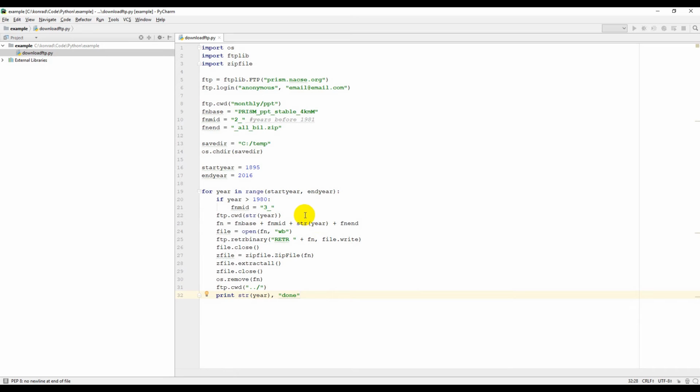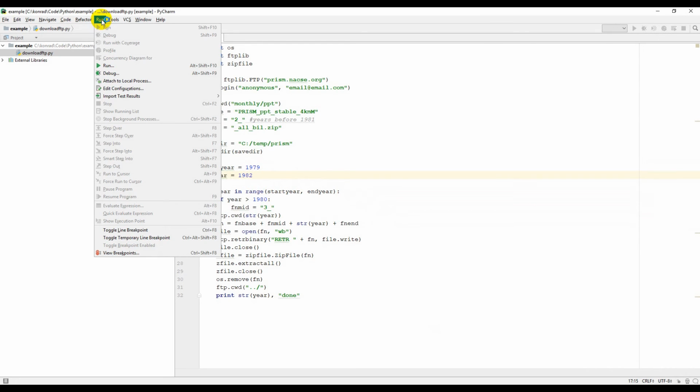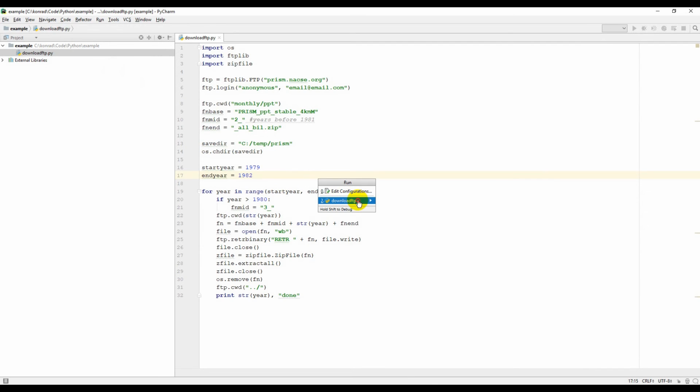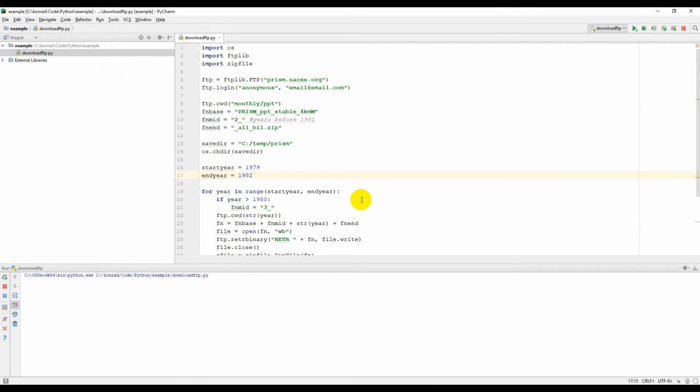Alright, I think we're ready to give this a test run. I'm actually going to change this to Prism. So temp Prism. And just to test this out, let's not do the full range of years because it'll take a while. But let's do like 1979 to 1982. That'll give us a shorter time period. Okay, so we've got that. Let's give that a run and see how we look. Download FTP. Here it goes. So there's 1 year, 79, 80,